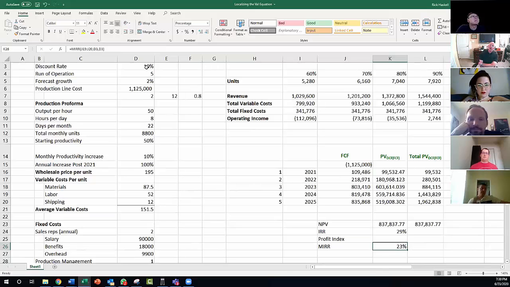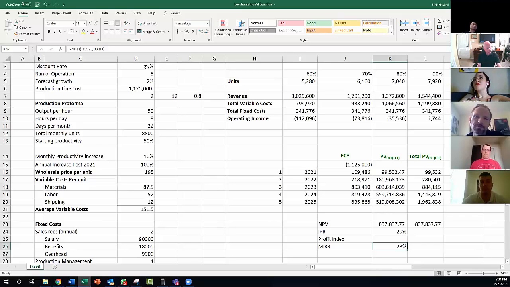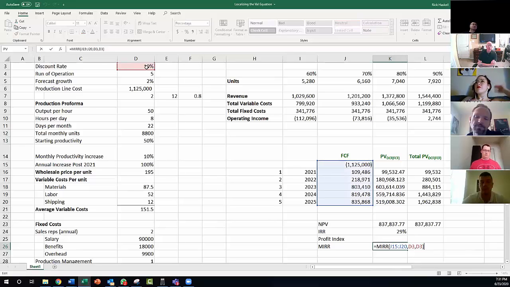Do you remember why modified internal rate of return is more accurate than internal rate of return? I remember how it's different, but I don't know why it's more accurate. How is it different, Matt? Well, you use the discount rate, and if I recall from the literature that I read, it's assuming that you're reinvesting it at the discount rate, I guess. That's exactly right, which is why I picked up the discount rate in my rate components of the MIRR function